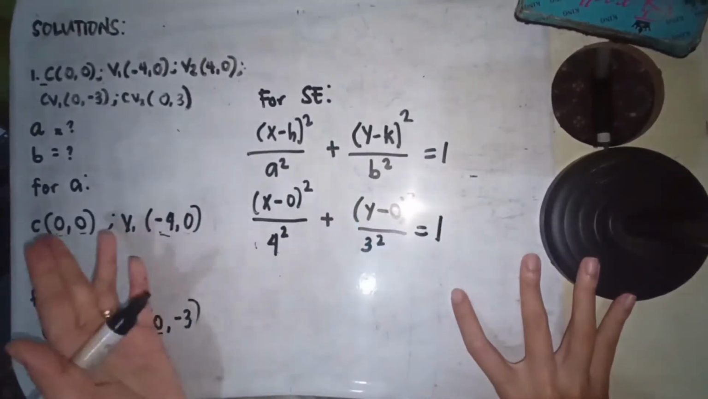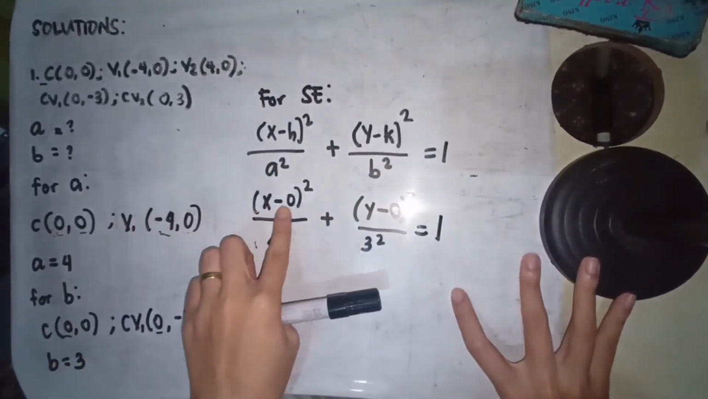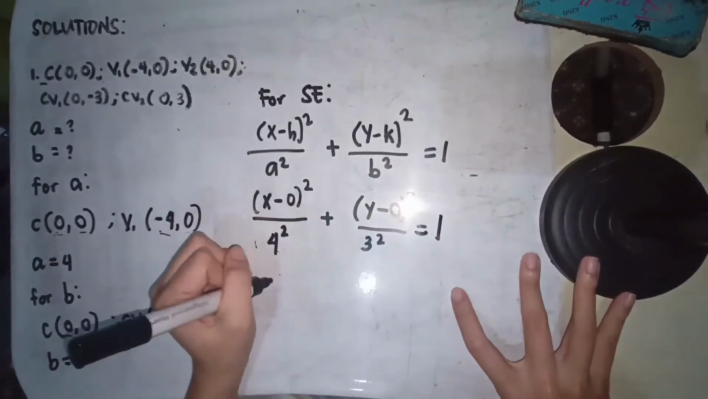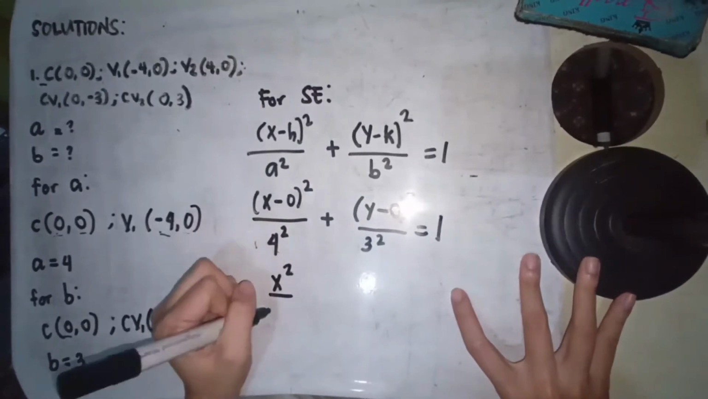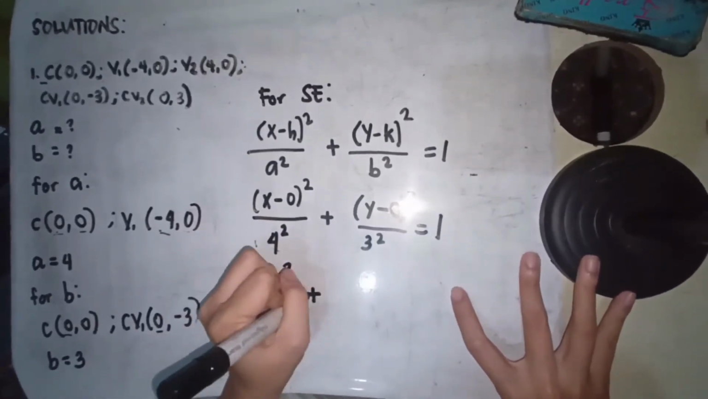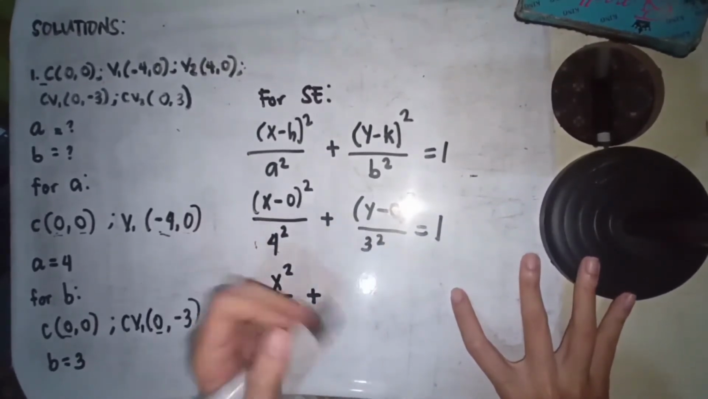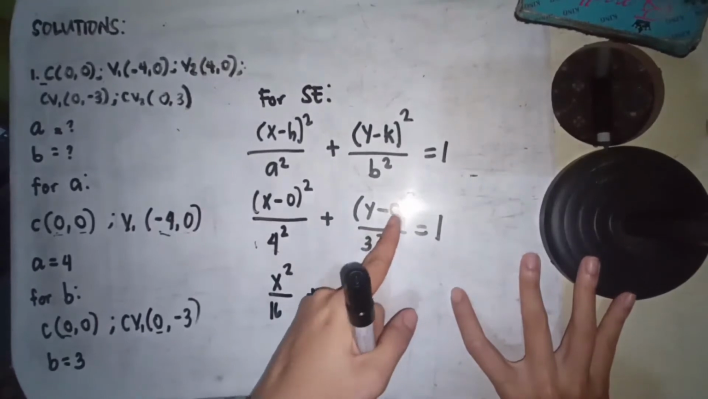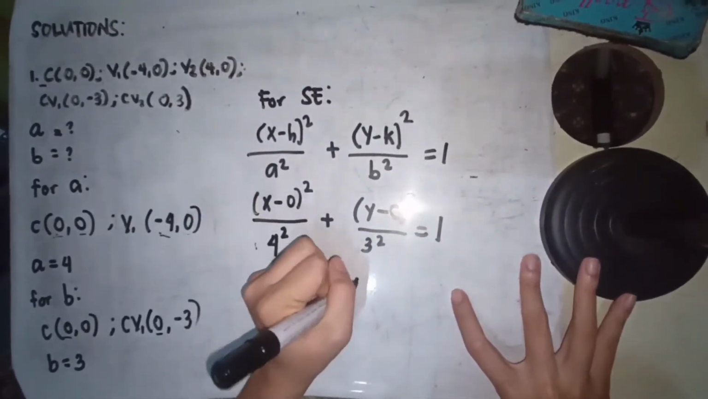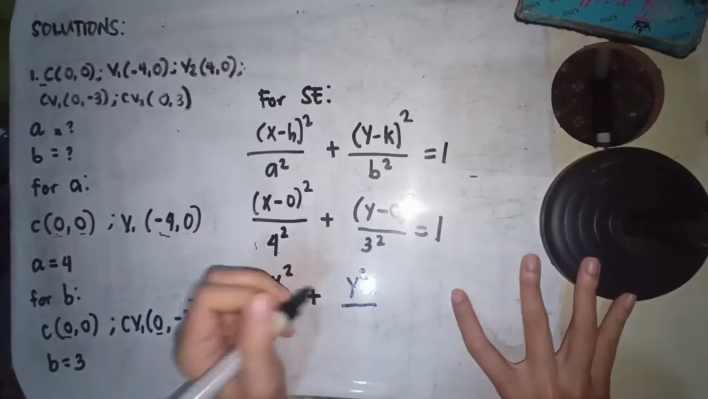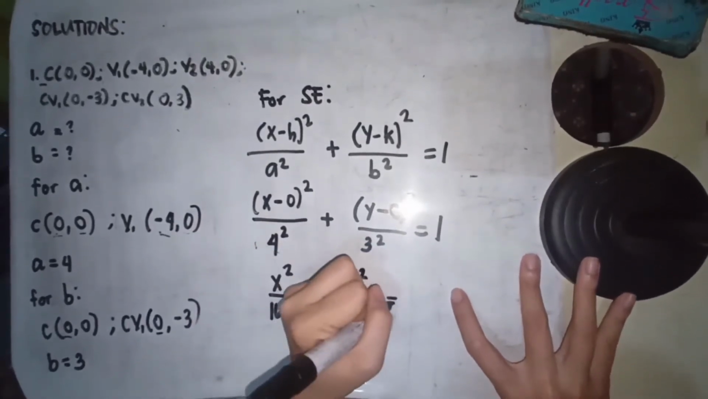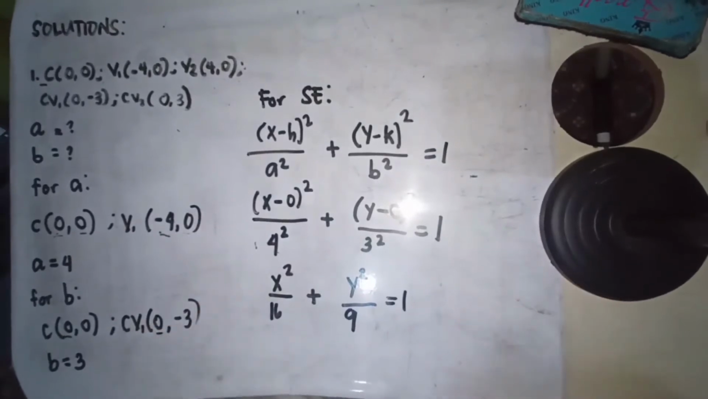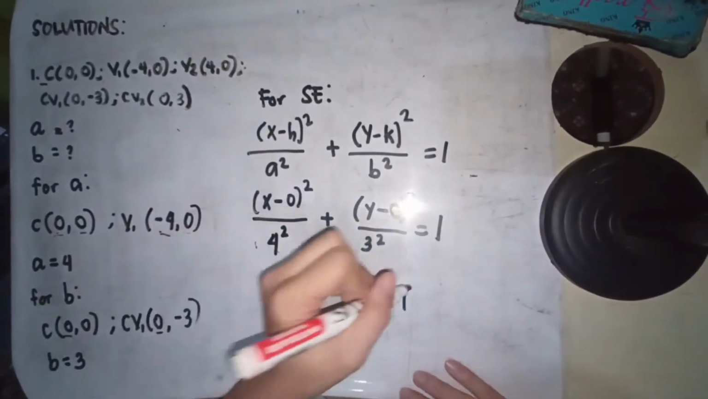Okay, simplify, we'll have x minus 0, that is x raised to the power of 2. We have x squared over 4 squared, that is 16, plus y minus 0 squared. We have y minus 0 is y raised to the power of 2. That is y squared over 3 squared. We have 9. This is equals to 1. Okay, wala na tayo ma-simplify. Therefore, this will be our